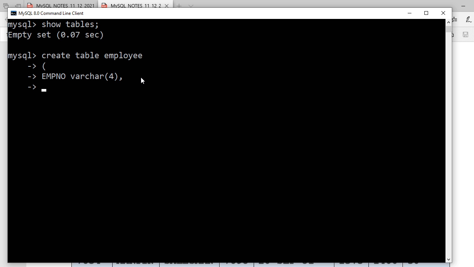If it is specifically given that it should be primary key, or it should be character, then you are going to put it. Okay, the next one is what? ENAME. I'm writing all in capital case. You see, ENAME. Then it should be of type what? Character.